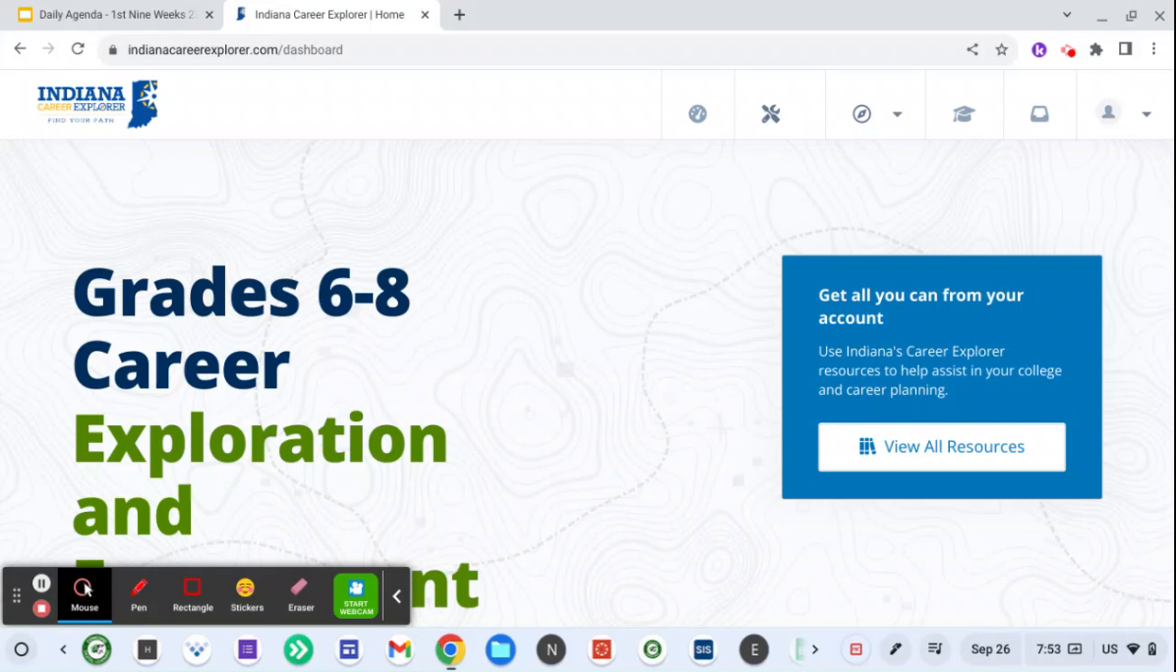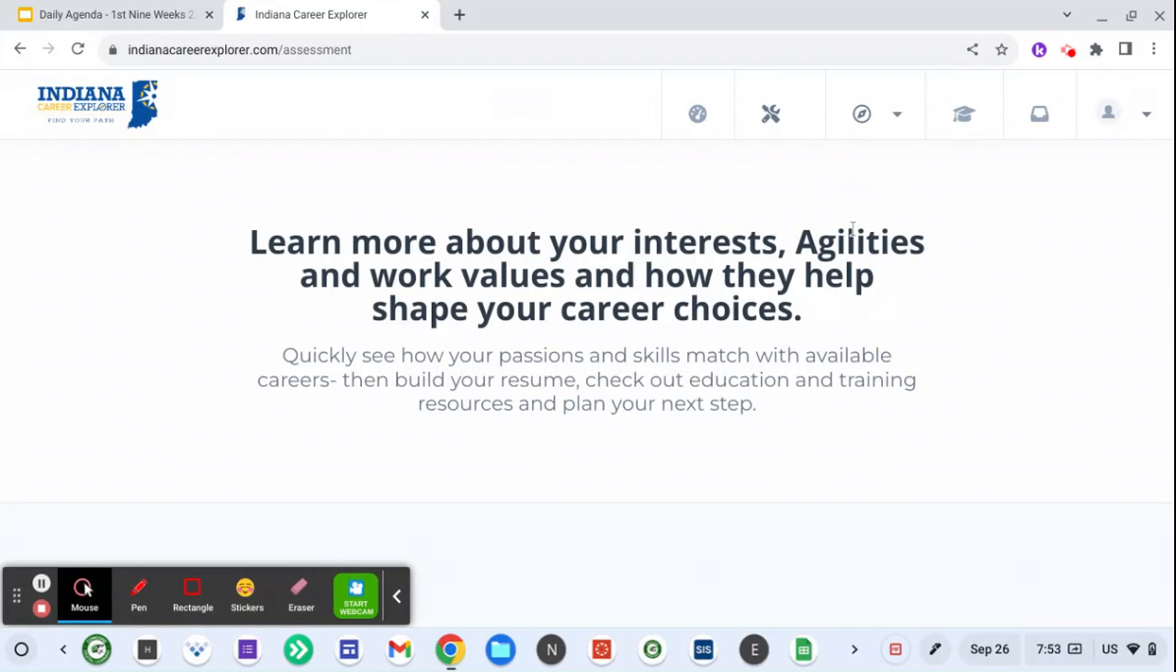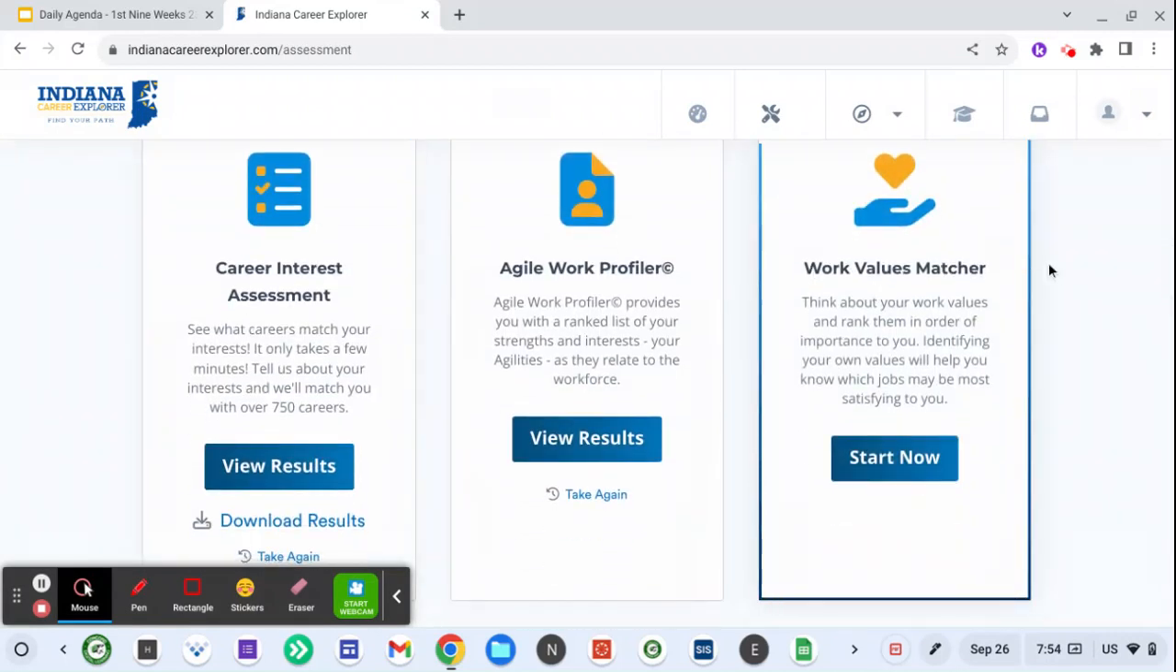Today, we're going to begin our second assessment within Indiana Career Explorer. If you're not logged in yet, please use your Clever app to log into Indiana Career Explorer. Once you're there, point to this third icon at the top and click on the first word, which is assessments. Once you've clicked on assessments, scroll down and you should see the three assessments located in Indiana